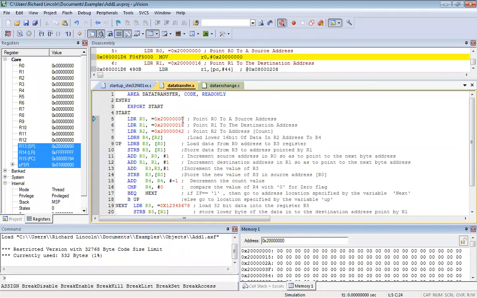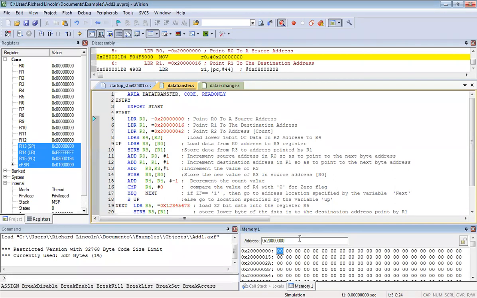Over here, since R0 is a register, I need to give in some value. So I will just type that address here, and press enter. As soon as I press enter, you can see that 0x2 and then 7 zeros. This is the location from where it starts.